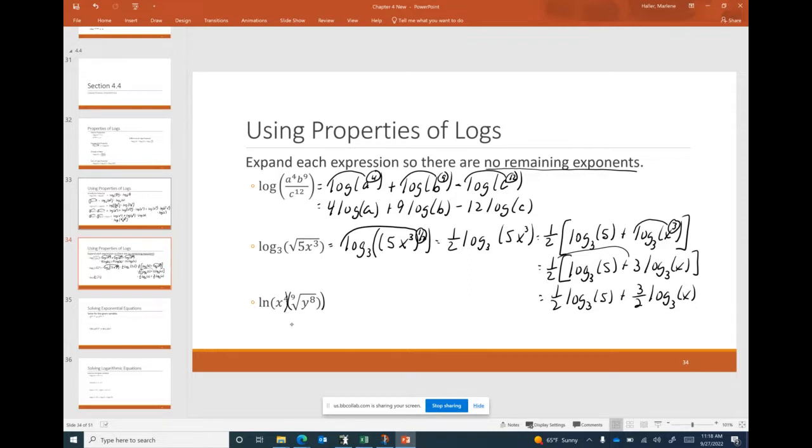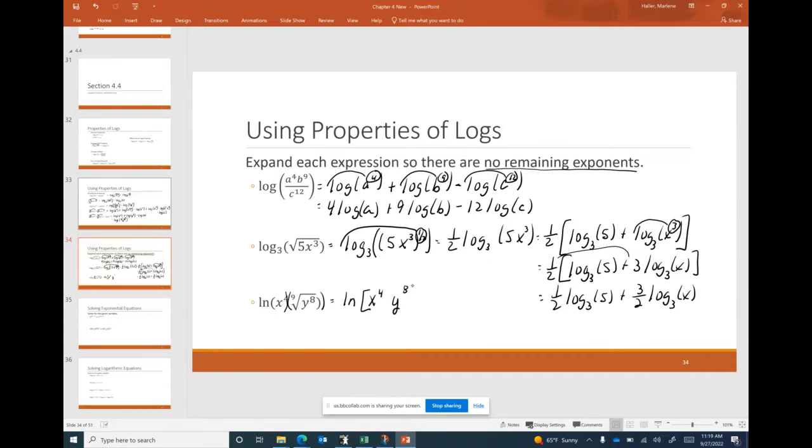All right, so let's see. I think probably the first step I want to take here is it's x to the 4th times the 9th root of y to the 8th. So let's expand that first. This time I'm going to expand that first because I can't bring down these exponents because they're different. They apply to different things. The exponent of 4 only applies to the x. Let me get rid of that radical sign and rewrite this. It's the natural log of x to the 4th times y to the